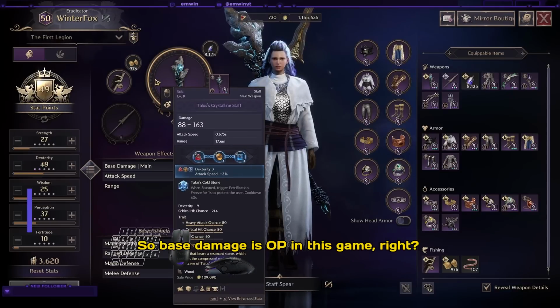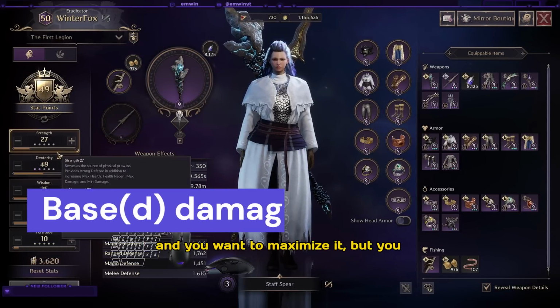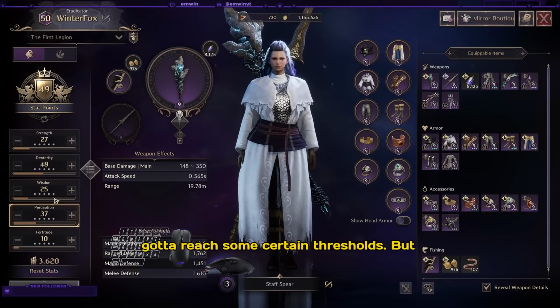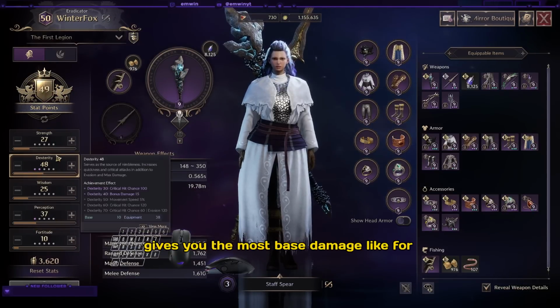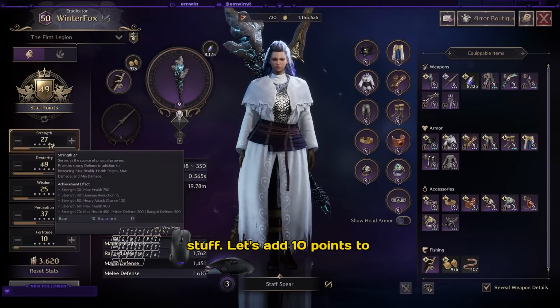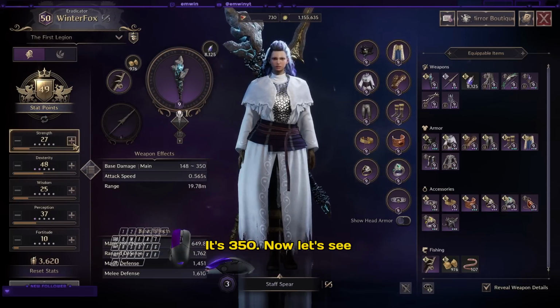So base damage is OP in this game, right? Almost every skill scales with base damage and you want to maximize it. But you gotta reach some certain thresholds. After you do that, make sure you give your remaining points to the stat that gives you the most base damage. Like for staff, let's add 10 points to each of these and see the difference. It's 350. Now let's see,